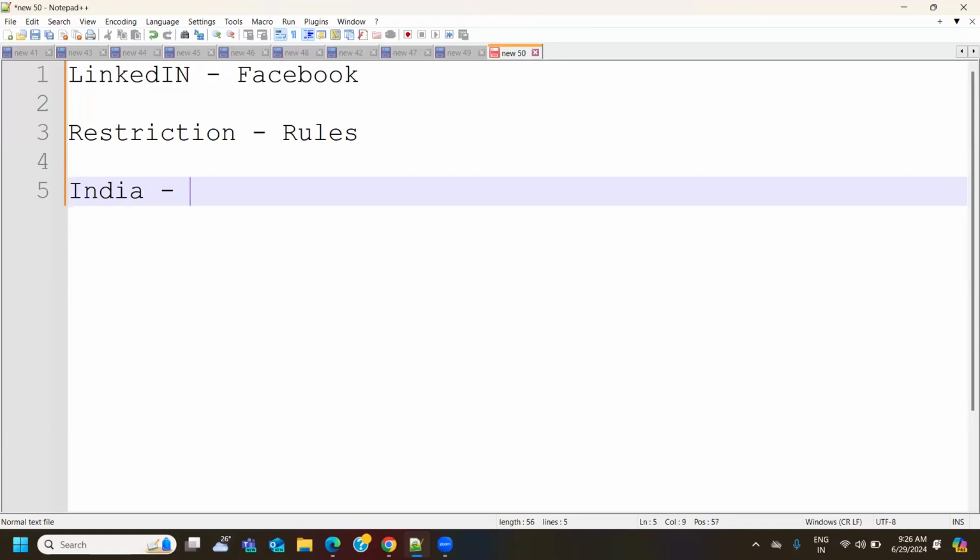I'm not sure, I'm not very specific about people joining from outside of India. What all job searching portals are there? Maybe I'll take a few examples. People in India assume that Naukri is the best. Yes, it is best, but LinkedIn is far greater than Naukri. If you compare LinkedIn with Naukri, LinkedIn is way greater. I'm not saying Naukri is bad, but LinkedIn is way greater than Naukri.